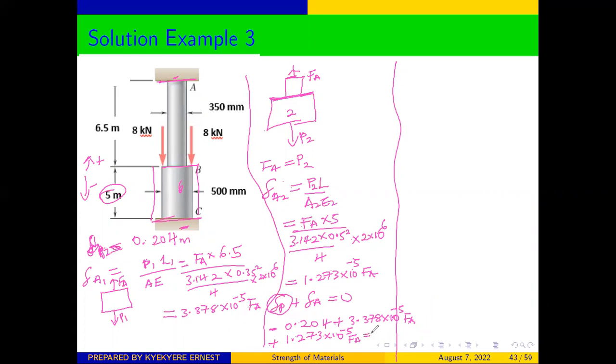And all this should be equal to 0. So from here, when you do the math, you can see that we can solve for FA. And FA will be equal to 4386.0, which will be the same as